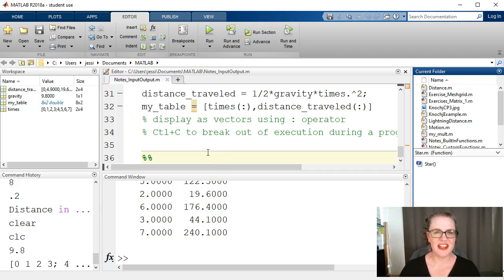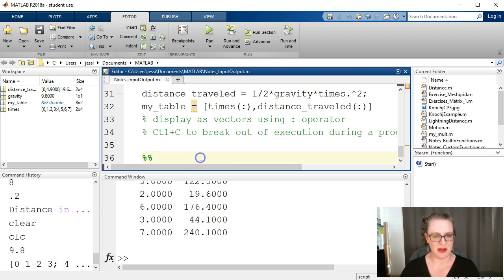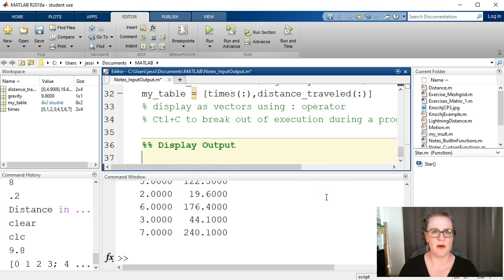In this video, we'll look at some simple ways to display output to the user in the command window. So let's say display output, that's our next section here. How do we tell the user what we've calculated? Well, one way we've seen, for example, if I have a variable that's, let's say, from 1 to 5,